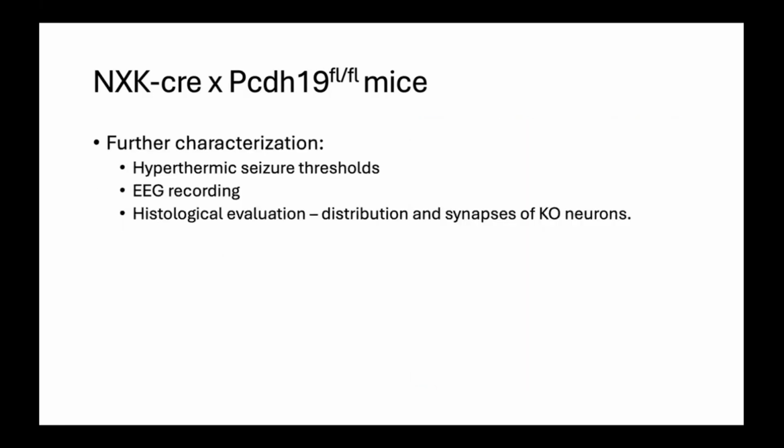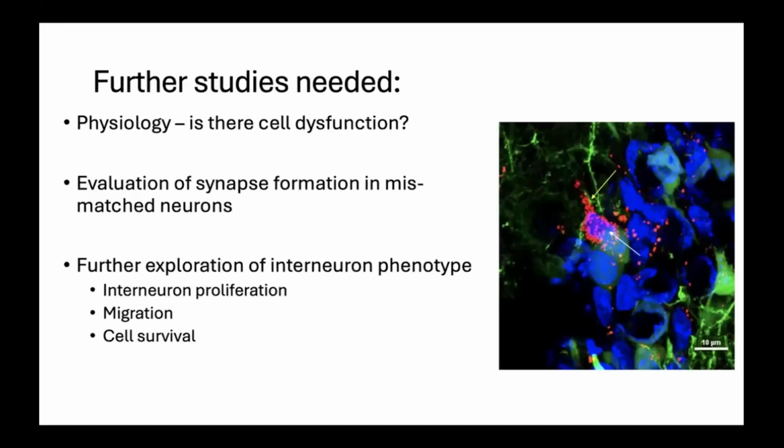We have a lot of further characterization to do with these NKX Cre floxed mice, including looking again at those hyperthermic seizure thresholds. And then I want to do some more EEG recording, because I am convinced that eventually we'll find some spontaneous seizures. In addition, there's a lot more histologic evaluation that we will be doing to look at the distribution of the synapses in the knockout neurons as well. So we still have a lot of work to do to try and figure out if interneurons are playing a